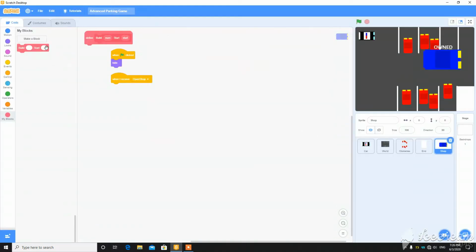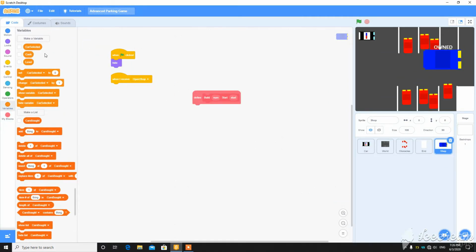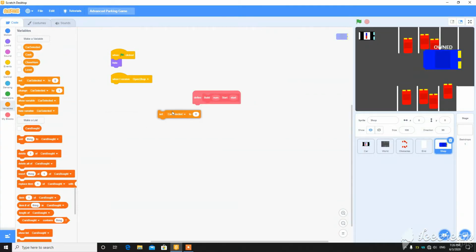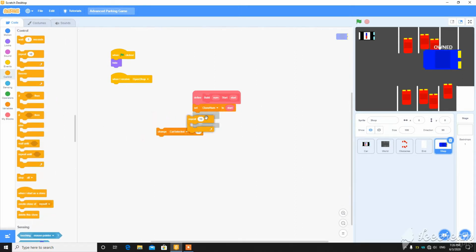Click OK. Now make a variable called clone number for this sprite only. OK, then hide this. Set clone number to start, then repeat number times: change clone number by 1, and create clone of myself.